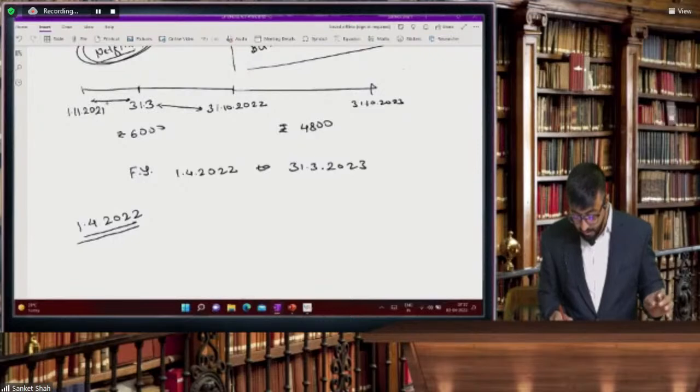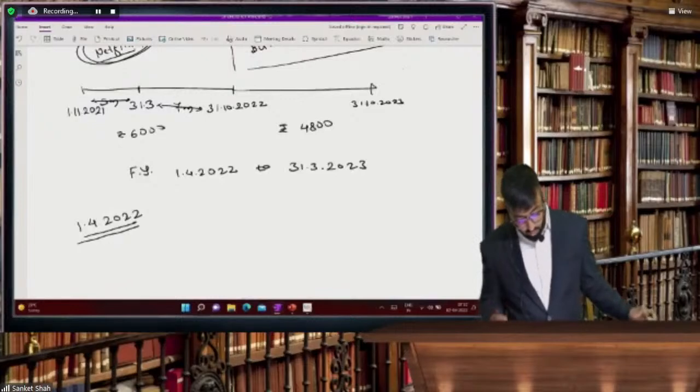So these are 5 months and 7 months. So the entry will be